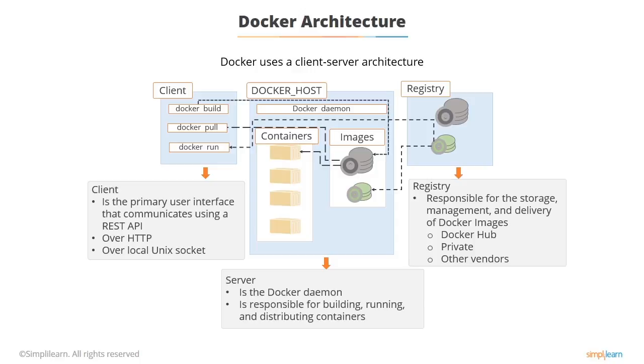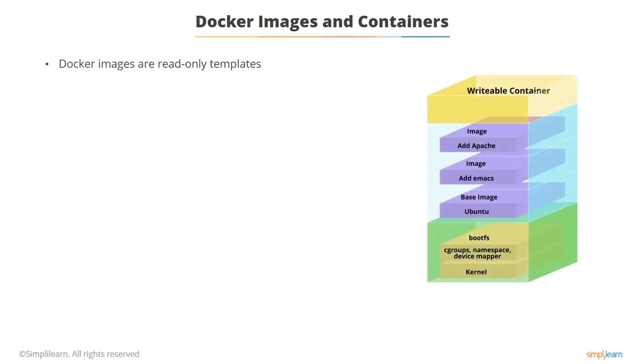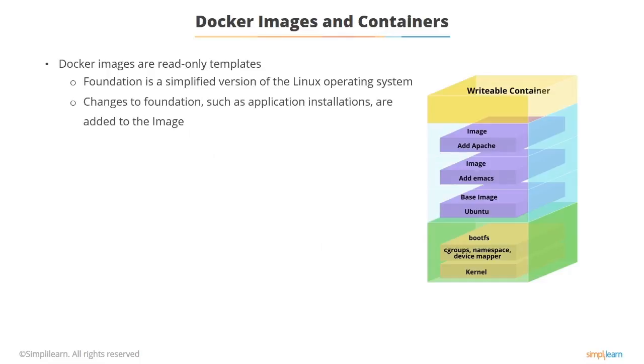You can also have private images. You can create your own images. In fact, Docker keeps its own collection of images locally, so it doesn't have to go fetch them all the time. And there are other places where you can get images from other vendors. So an image is a template, and it's usually a cut-down version of a Linux operating system, and you just add applications to the image. Basically an image is a template, and then you provide a set of operations which builds on it.